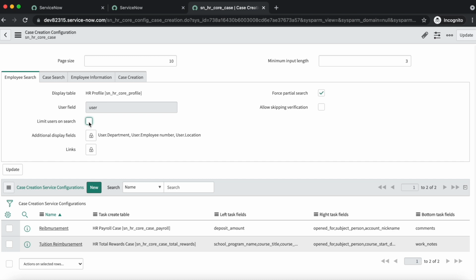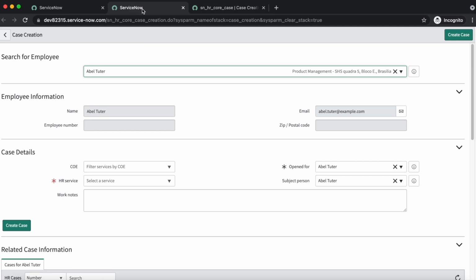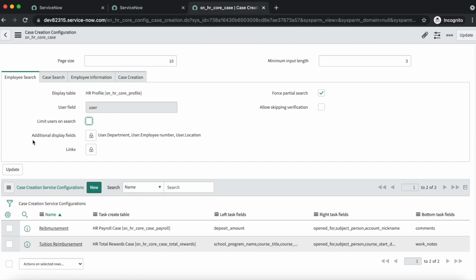Now we have additional display fields. So you can add here fields that you want to appear during an employee search. For example, when I have selected able tutor, you can see that we have different information available for that particular user. So if you want additional fields to get displayed, you can configure them in additional display fields.